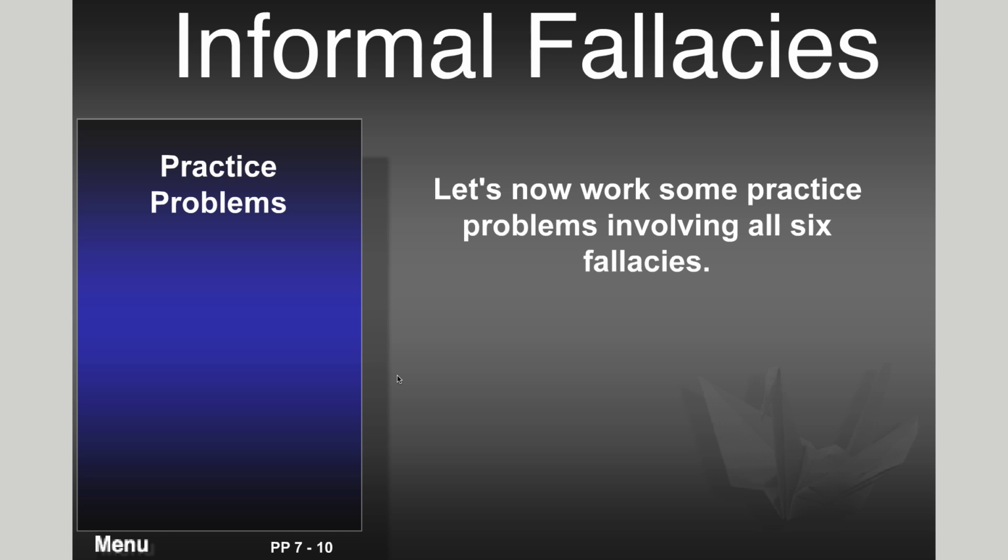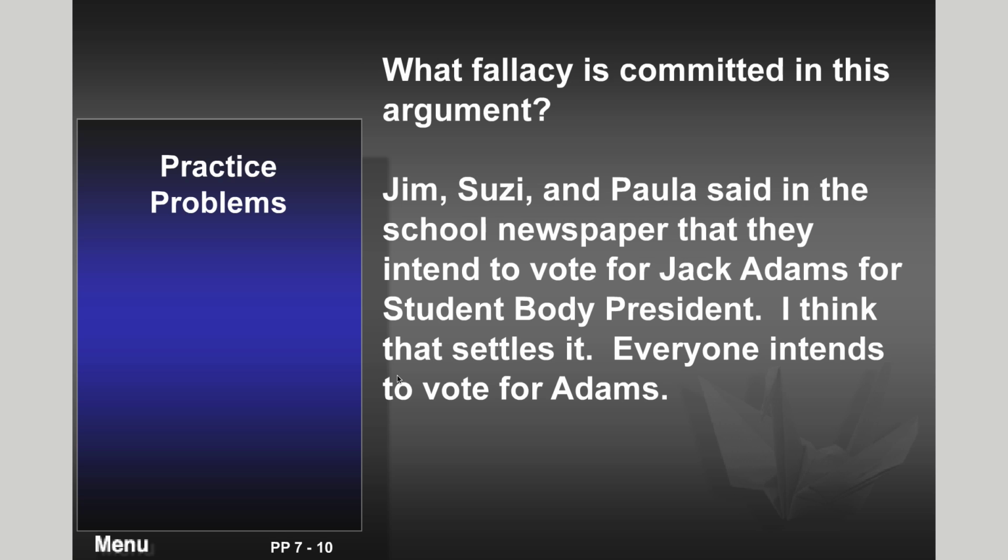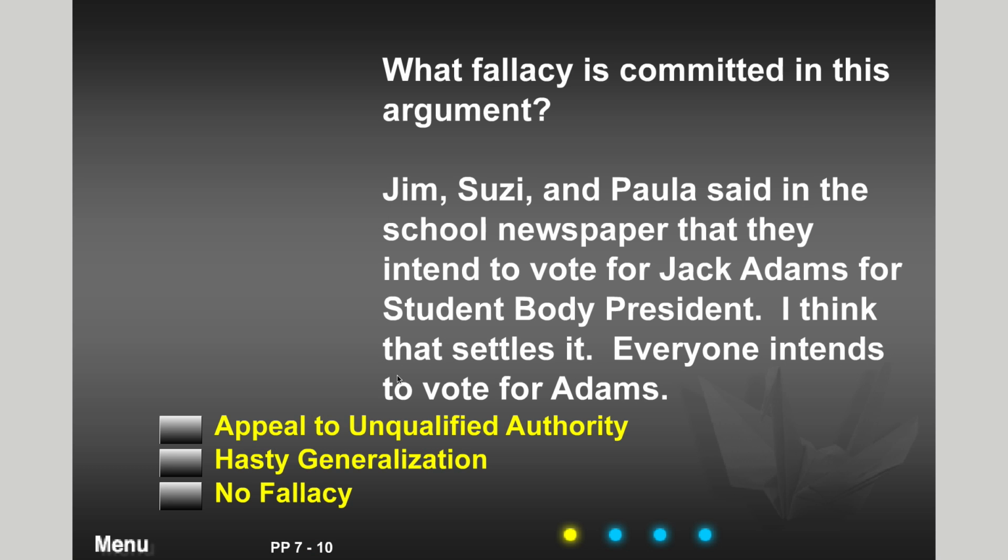So now let's look at all 6 of these fallacies. Jim, Susie, and Paula said in the school newspaper that they intend to vote for Jack Adams for student body president. I think that settles it. Everyone intends to vote for Adams. Right? So,